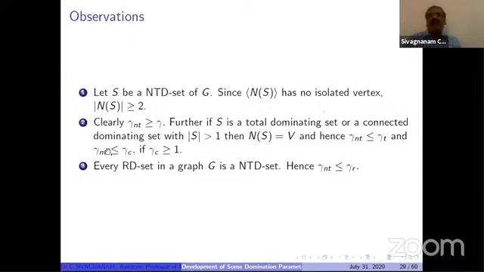When gamma nt equals gamma c, we can try. When gamma nt equals gamma r, we can try. These three, and here also gamma nt equals gamma, still it is an open problem. From this we have a minimum of four problems: gamma nt equals gamma, we can check one problem; gamma nt equals gamma t, we can check one problem; gamma nt equals gamma c1, we can check; and gamma nt equals gamma. So four problems minimum we have.